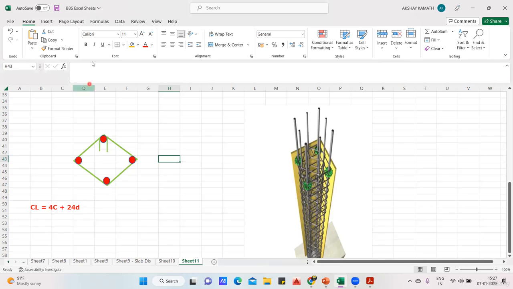Formula I'll apply one by one. So let me bring the formula here. So cutting length is this much. And how do you find the C? So C can be found with the help of this square root formula, that is SQRT. How much will it be? SQRT, it will be L square,